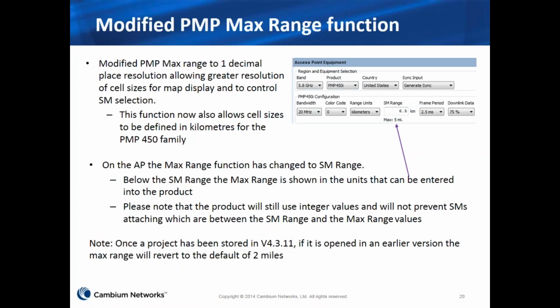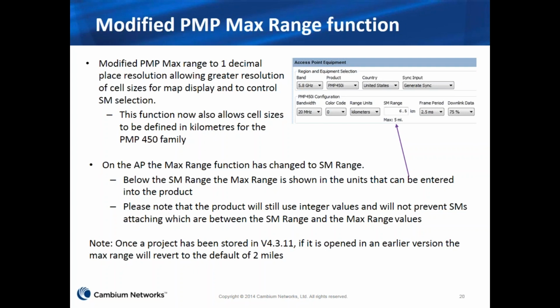Normally in LINKPlanner, we try to provide the same functions that are available in the product with the same limitations that the product has. However, as we've seen customers trying to plan dense networks, especially with very small cell ranges, we've realized that applying the product limits in this case was making it very hard for users to actually design the network. So one of the things we've done now is we've changed the function of the max range capability,